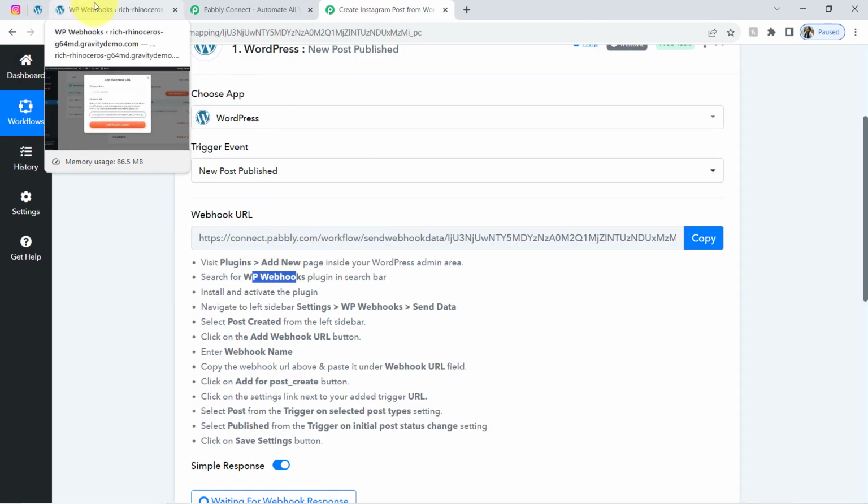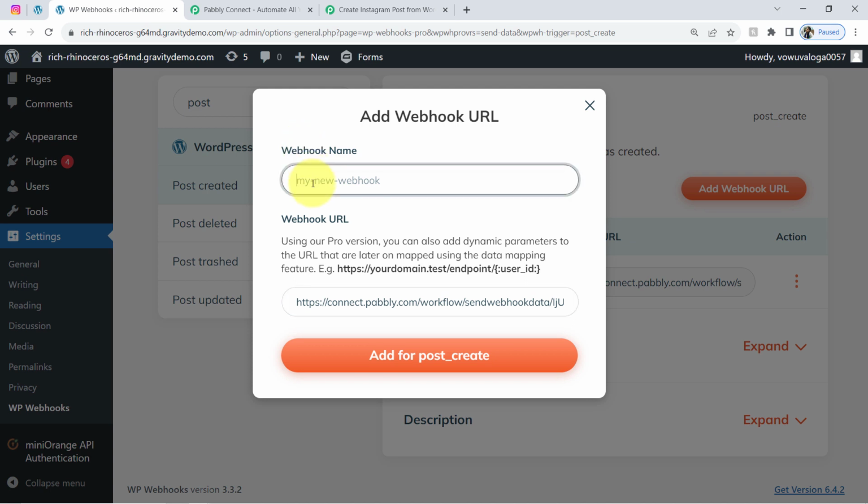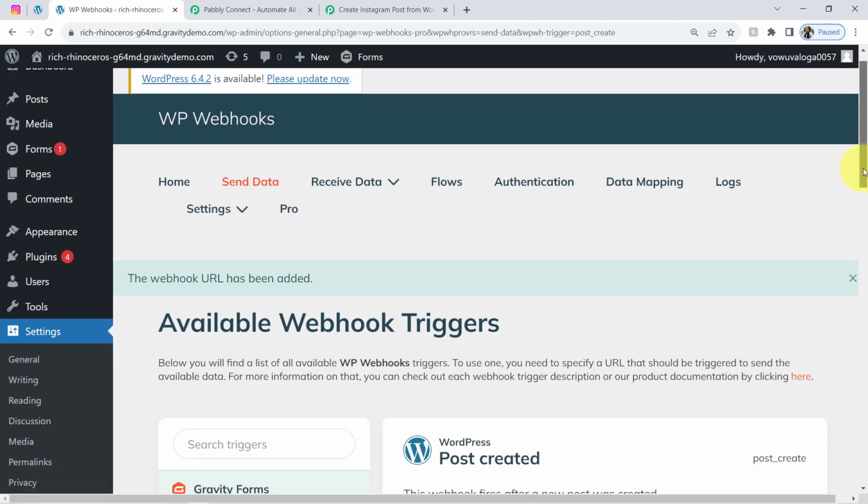Alright, so I have pasted the same, coming back, and now it is asking for the webhook name. Okay, so provide any random name, something like connection with the Pabbly Connect. I'm providing this particular name. Now finally I'm clicking on this add for post to create, and once this is added, once this webhook URL